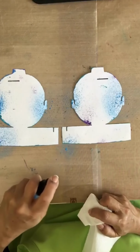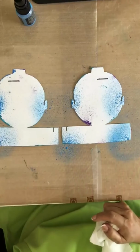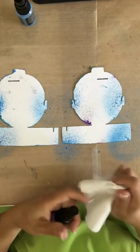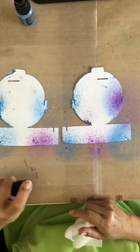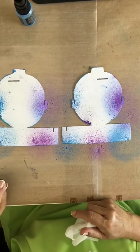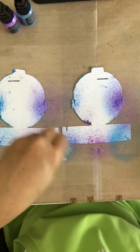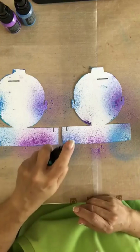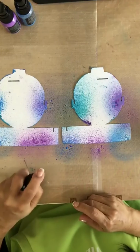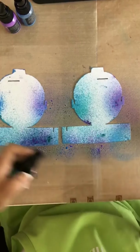I'm just going to do something like that, but it is going to show all the way across, so you do want to make sure it's completely covered. And again, on the shimmer spray, you want to rotate it rather than shake. So it comes out like crazy, which is kind of cool because it's different than the